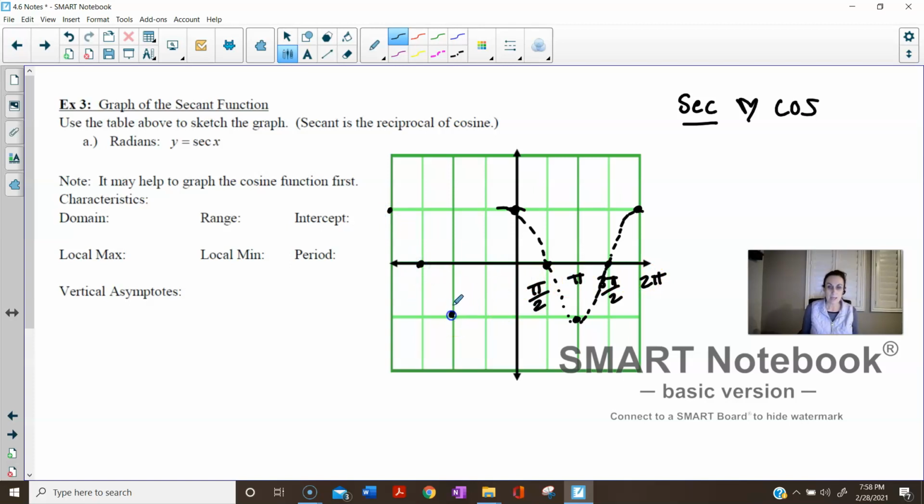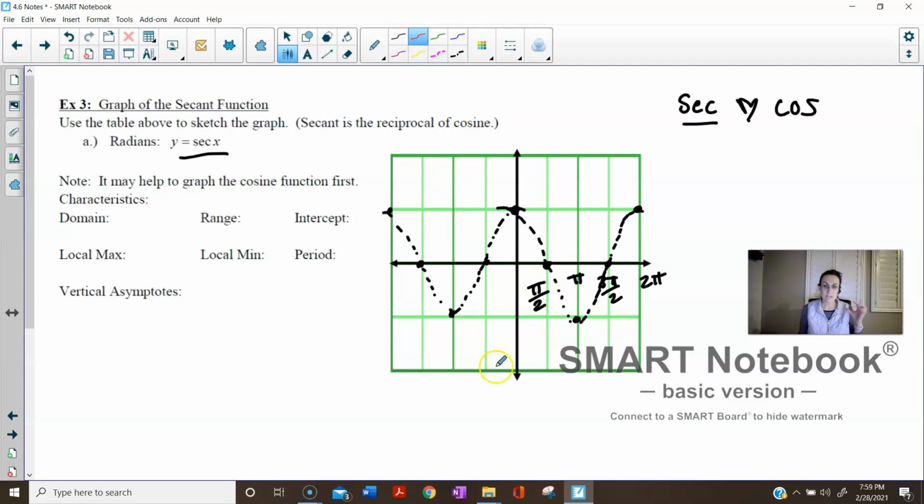And I'm going to go ahead and graph another period of this graph. So it's 5 points. It goes down, down, back up, up. And here's your cosine graph. So now the secant graph, how you're going to graph the secant graph is you always start by graphing the